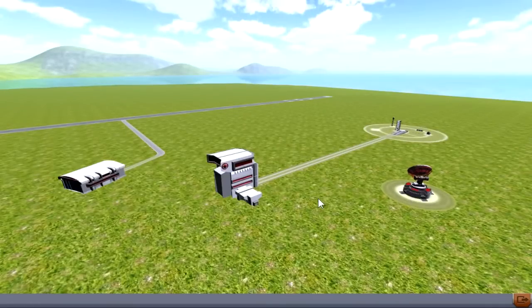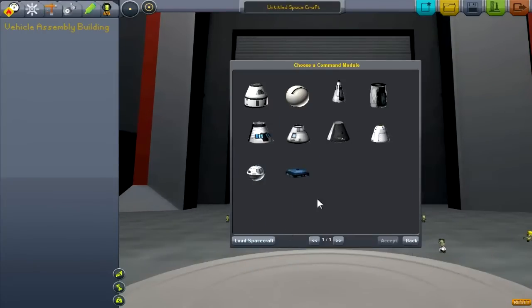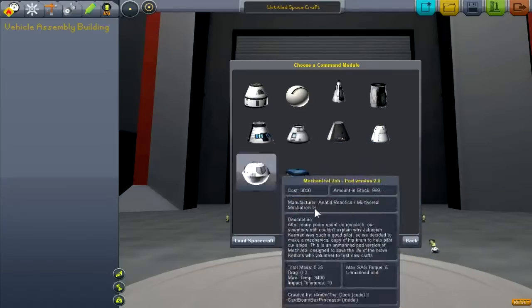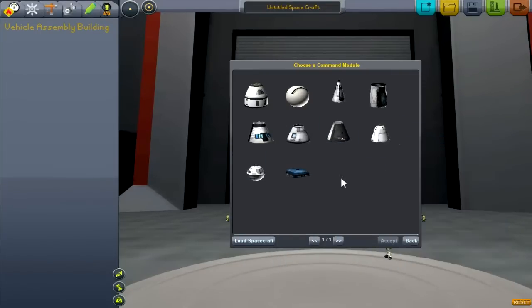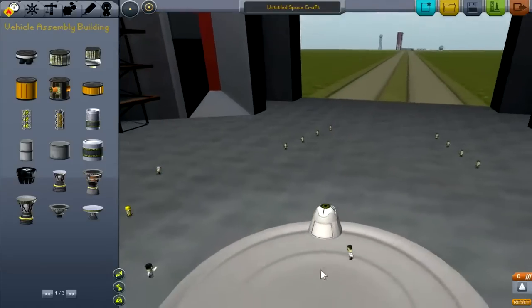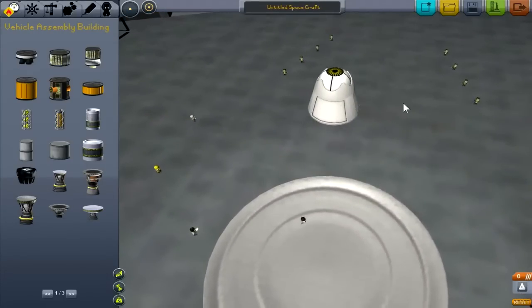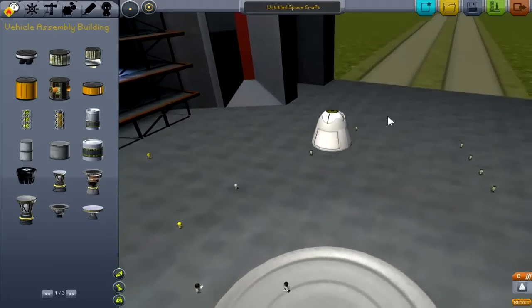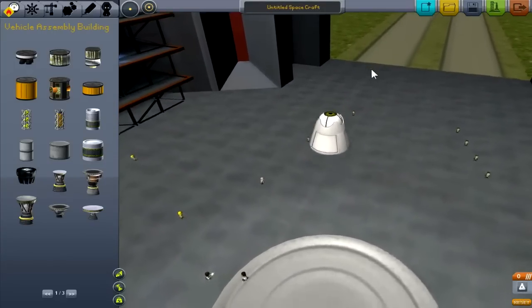So, the first thing anyone does in this game, I would assume, is to make a spaceship. Well, I don't want to risk Kerman lives yet, so I'm going to use Mechanical Jeb to fly my first spaceships. Not only is this a command pod without any people in it, but it's an autopilot as well. So, I think I'll make a...